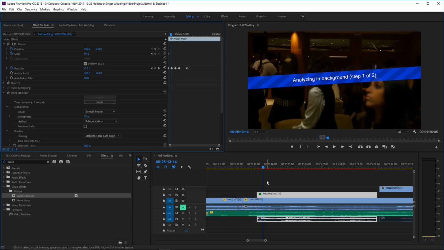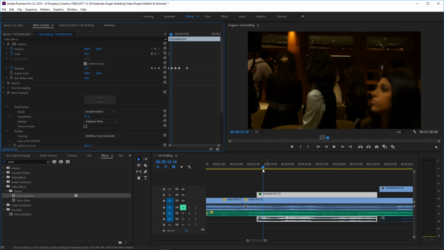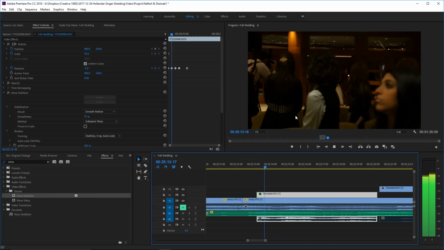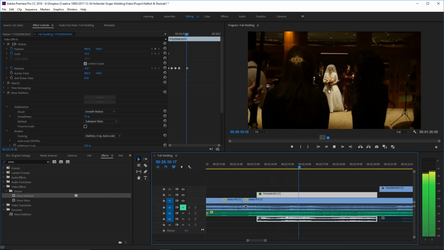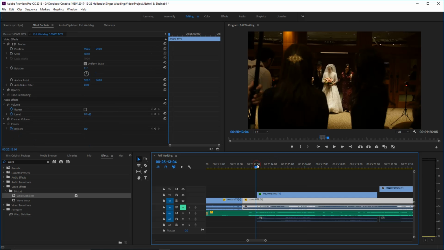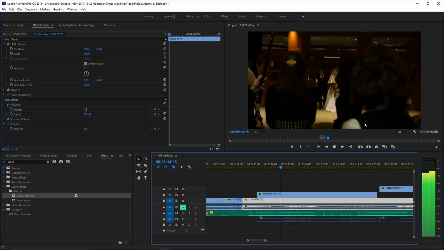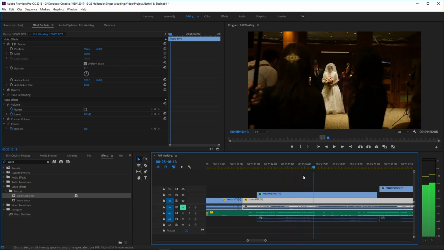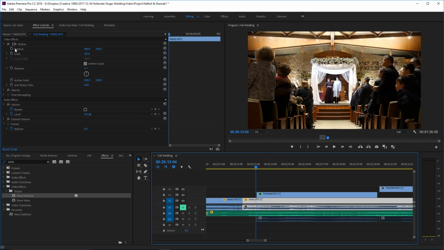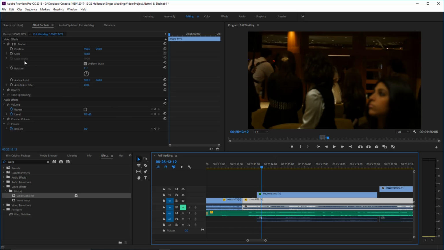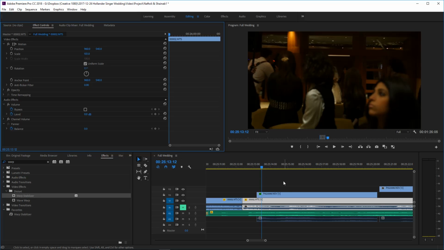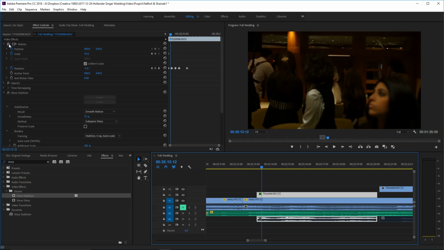Sit there and use zoom, rotation, and position to manually stabilize. That's essentially what the warp stabilizer does. We are just helping it out over here a little bit. And I do think it made a big difference, and it turned the shot. We're going to get rid of all the effects in a minute, and we're going to see the difference. The only thing is that now you still see the standing up. Now it just looks like a handheld shot.